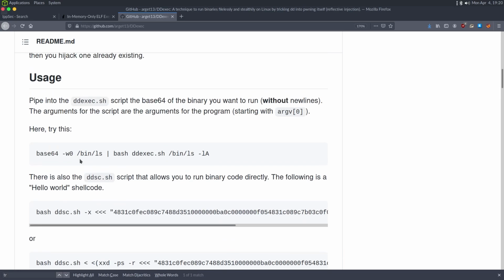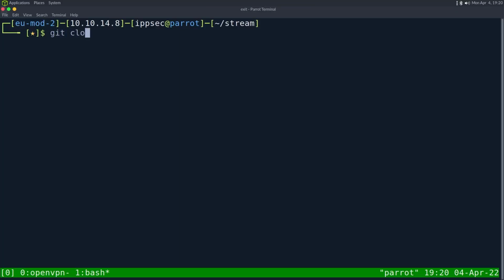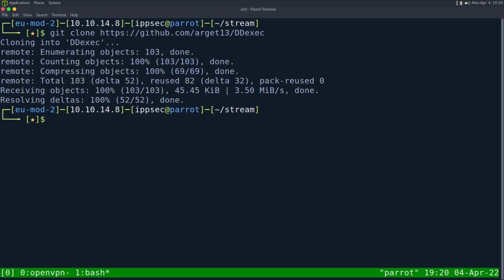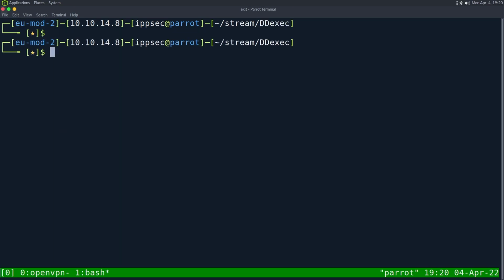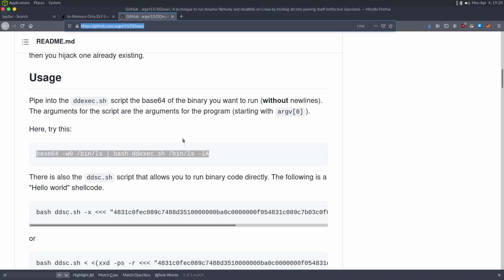The main reason I'm creating this video is I think the example he has on the site is kind of hard to weaponize if you don't know something called process substitution, which this video is pretty much going to showcase. So let's get into this. Let's just git clone this and we'll walk over the steps so hopefully people can understand it. So if I go into DDExec, we can copy his example,